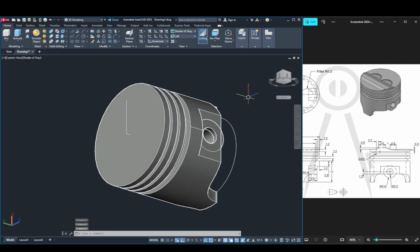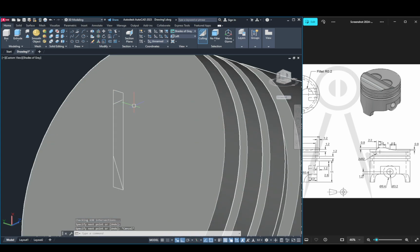Check this. L enter. L enter and move it downwards. We will set it later on. So by moving outwards, let's say this. L enter. Join it here. Join this. I'll enter